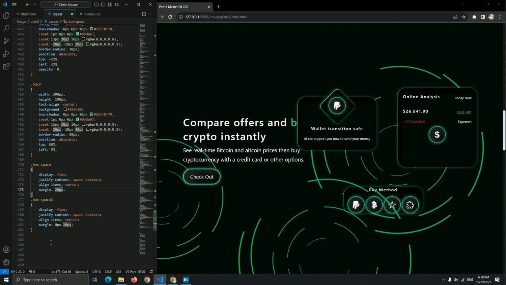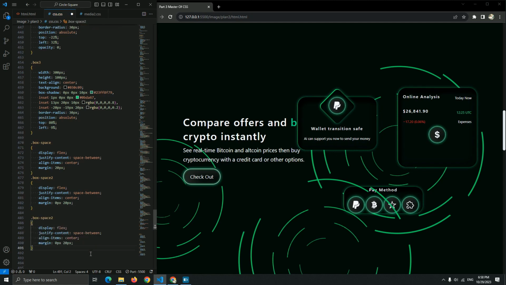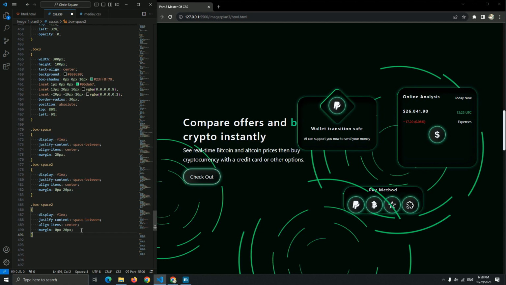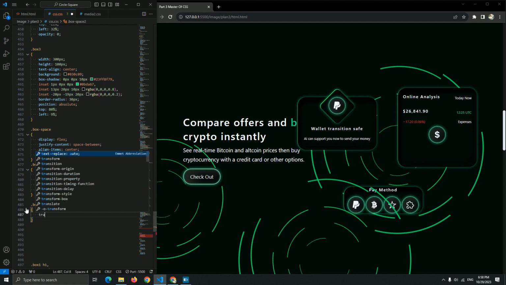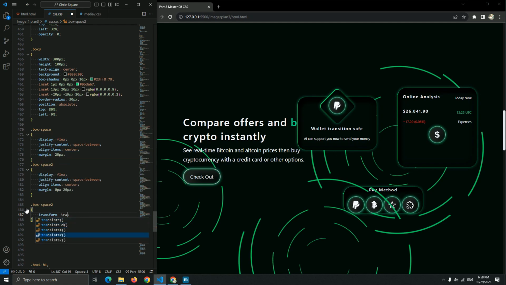Now for the box space 3, guys, let me again copy paste it, and we don't need this. Yes, let me add a transform translateY, set it to 40 pixel, and let me add a scale 1.5.